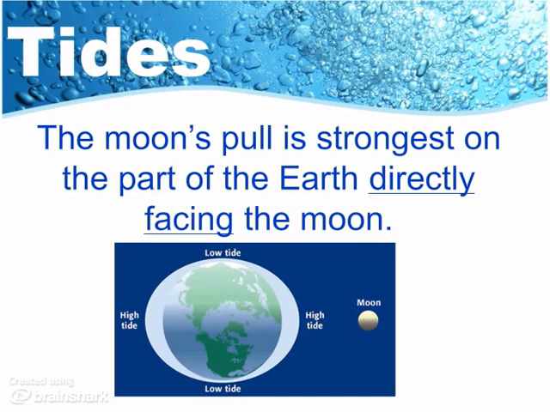Tides are caused by the gravity of the moon and the sun, but the moon is going to have a stronger pull because it's closer to us. So the moon's pull is the strongest on whatever part of the earth is directly facing the moon. So in this picture below, we see the moon on the right, and we see the right side of the earth is facing the moon, and so that is why that part is in high tide. So what the moon is actually doing is it is pulling on the ocean water, and it actually comes off of the earth slightly, and that's why it creates a bulge.